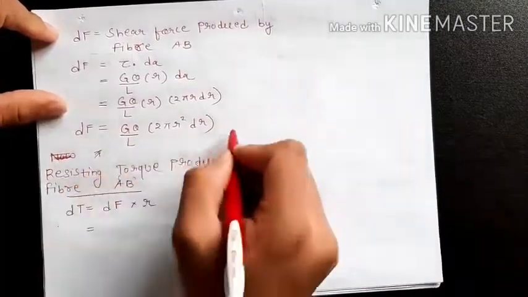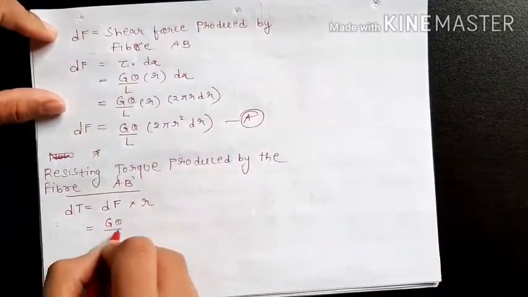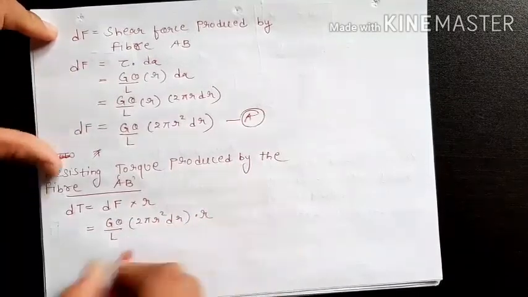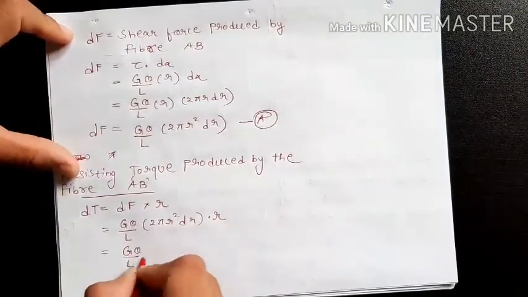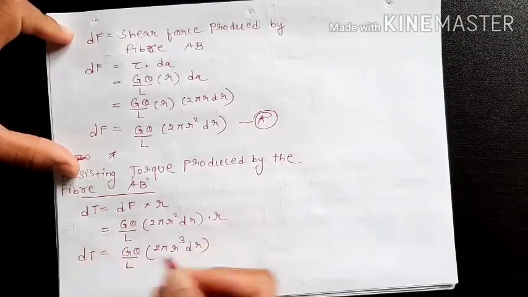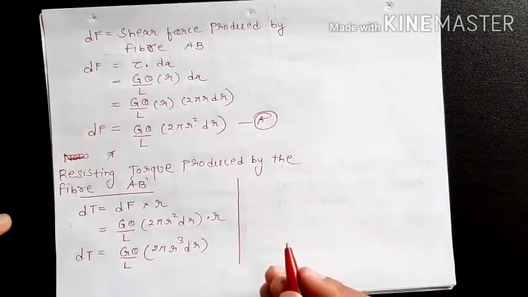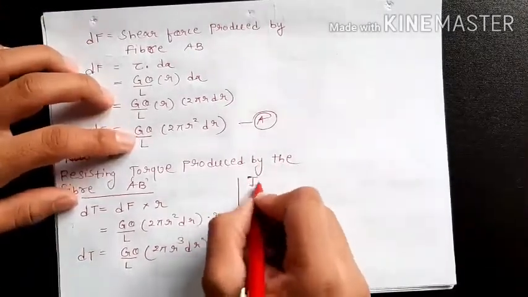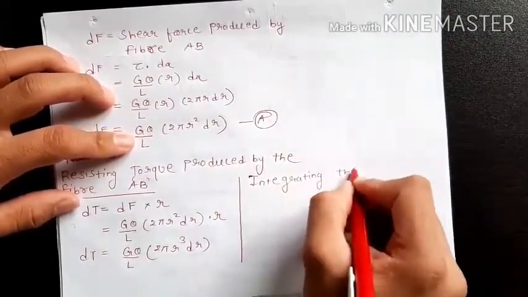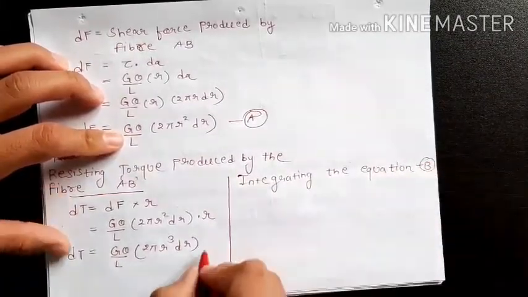So now we know dF is equal to this. dF is equal to G theta by L into 2 pi r square dr into r. So we get G theta by L into 2 pi r cube dr. This is dT. Now by integrating this equation, we will get the total resisting torque produced by the shaft. So integrating the equation, we will get